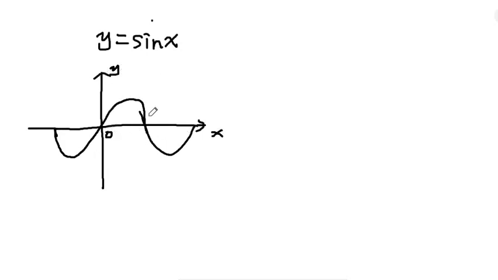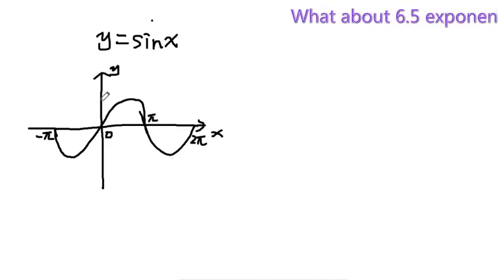So from 0, this is pi, this is 2 pi, here is minus pi, right? So the sine function is periodic with period 2 pi, right? Period 2 pi. And the range for this function is